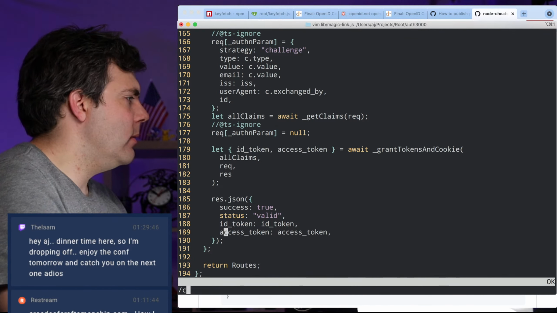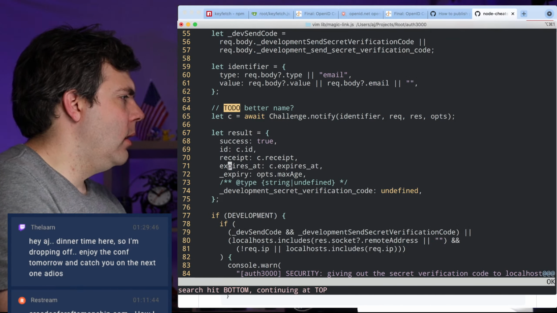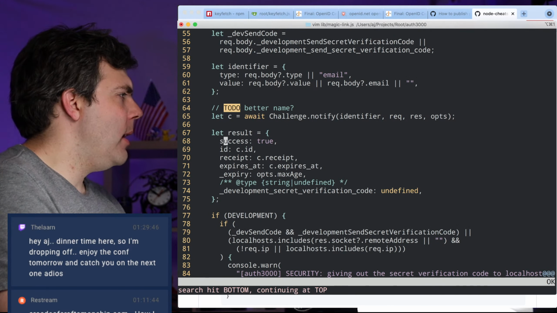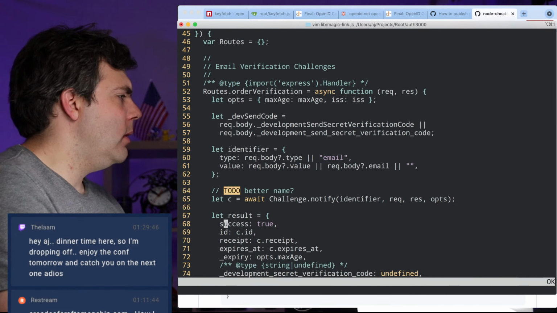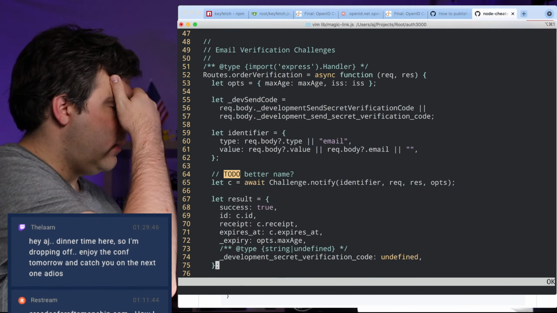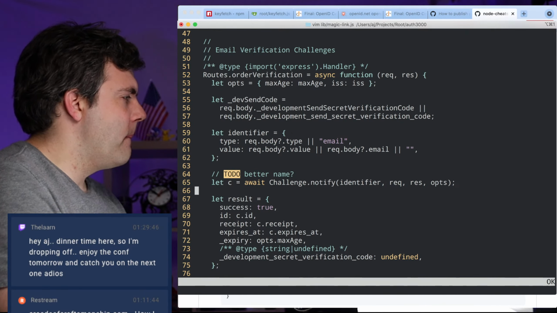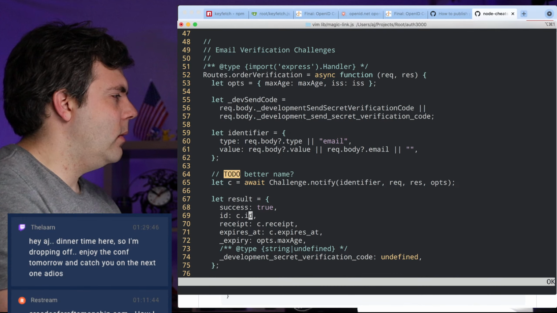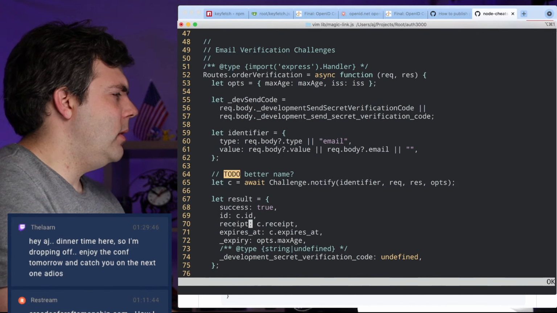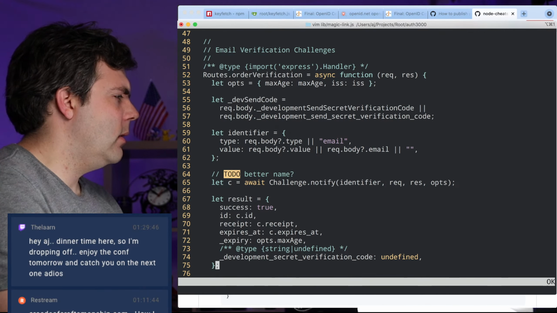Probably do want to make sure that in some circumstances, let's see, we got the expires goes back. What's this one in? Order. So ID, receipt, expires.